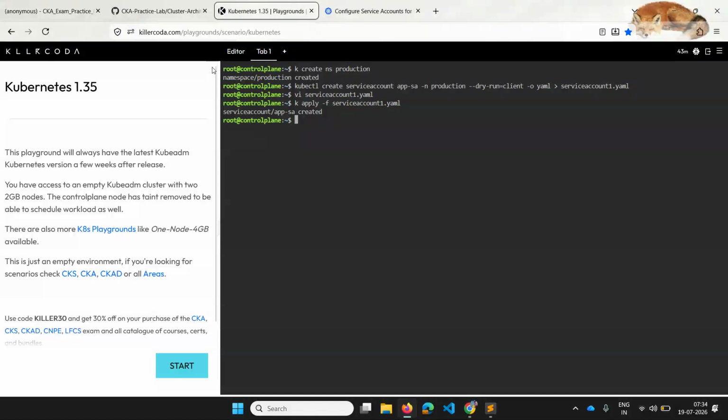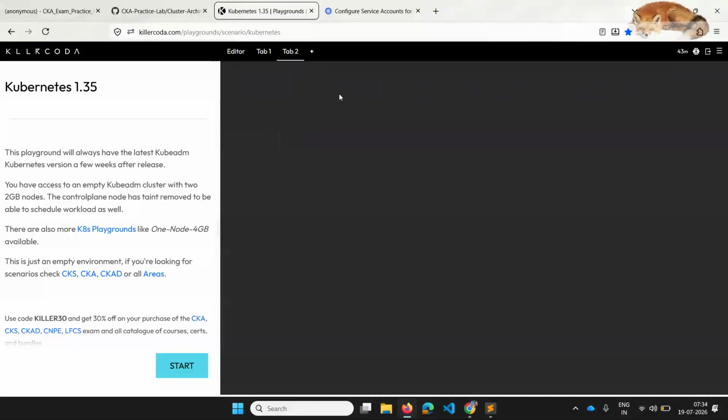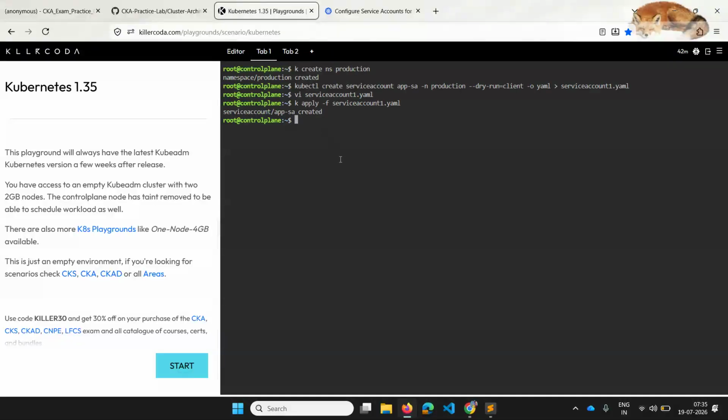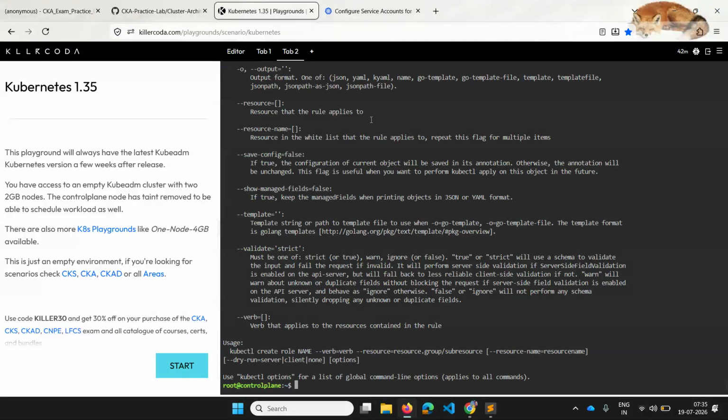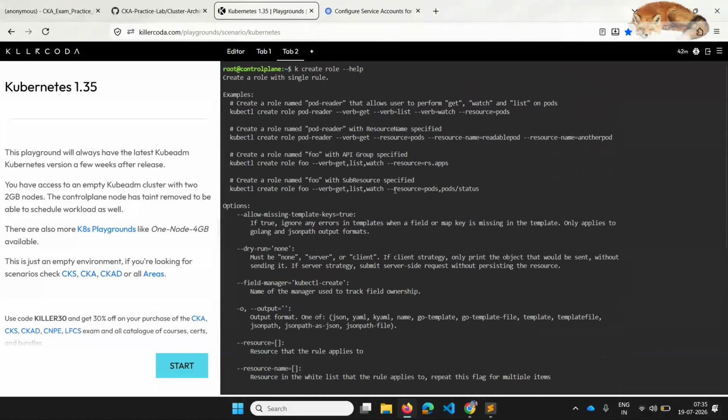Now we have to create the role and role bindings. Similar way, I'll open a new tab and use create role, and I will just do hyphen hyphen help. So here I have got different kinds of commands to create the role.